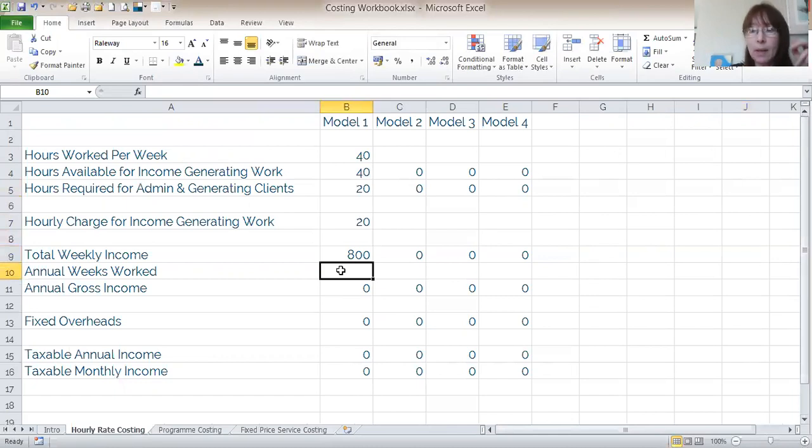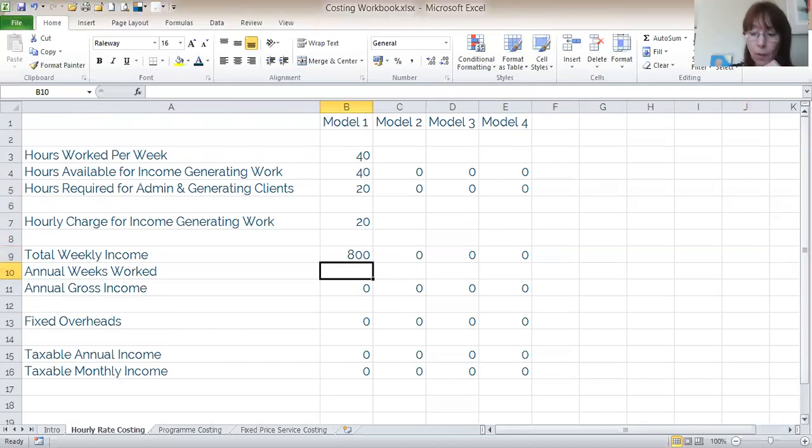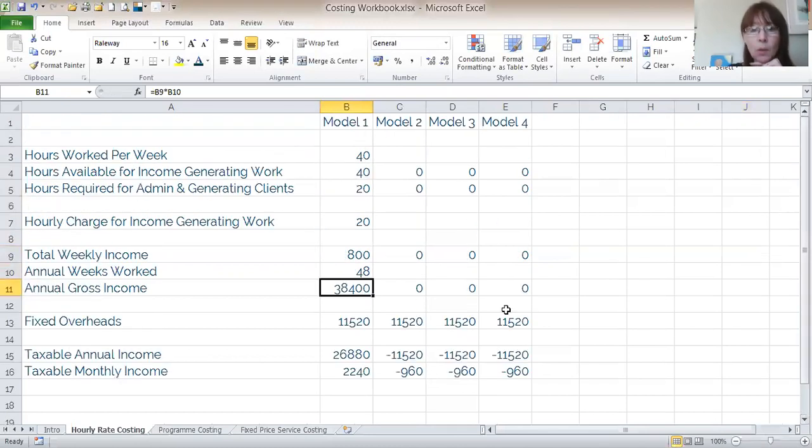Now the next stage is, how many weeks of the year are you going to work? So you might say, I'm going to let myself have 4 weeks holiday. Fine. So that's 48 weeks of the year. Just ignore some of those calculations that have come up. So your annual gross income, the ceiling, the absolute maximum you can earn using this